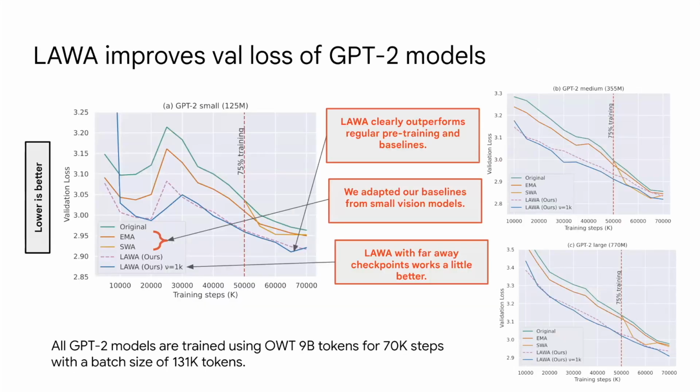Are all the runs with the same learning rate, or is LAWA with bigger learning rates? No, the original run was made with a fine-tuned setup. We grid searched the best learning rate possible, so the original run and everything is made with the best learning rate possible. The EMA and SWA are run as part of the original run on that particular learning rate. LAWA is trained with a bigger learning rate, about 10 times higher.